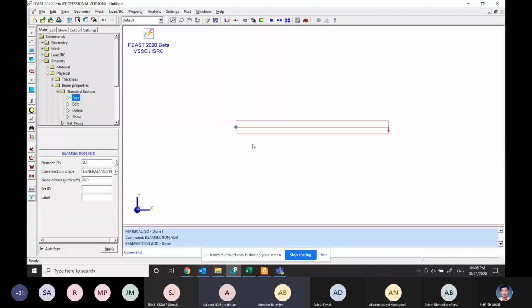Yes, but generally, since we have created the beam in the x direction, the length of the beam is in the x direction. So in that case, we have to define the moment of inertia in the ZZ axis.